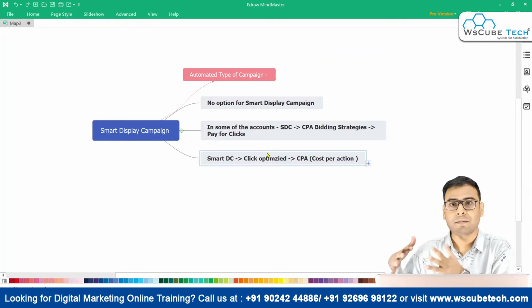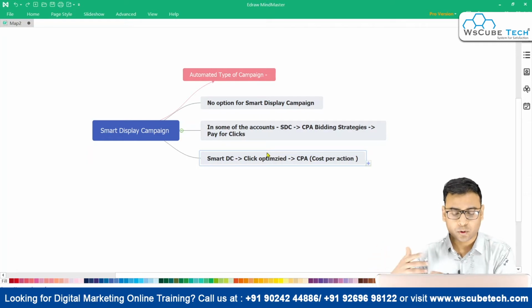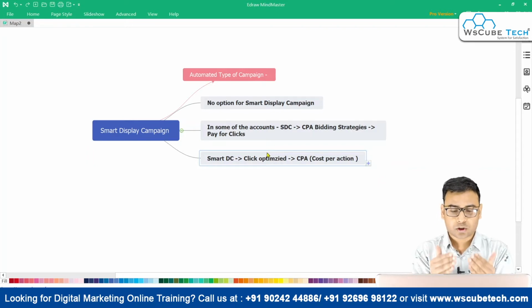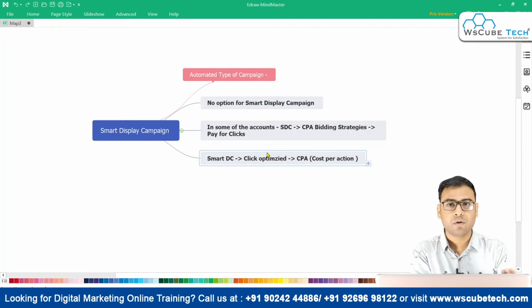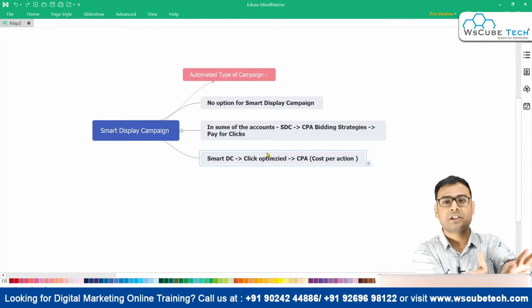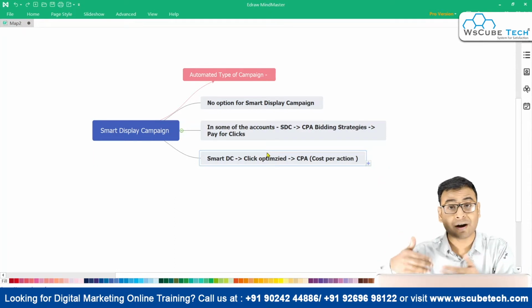When you have some conversions in your bag, you can optimize your smart display campaigns on the basis that now you want more conversions. For grabbing more conversions through Google Ads, first of all, you have to push some data into the Google Ads system with regards to the conversion. So you have to define your conversion.